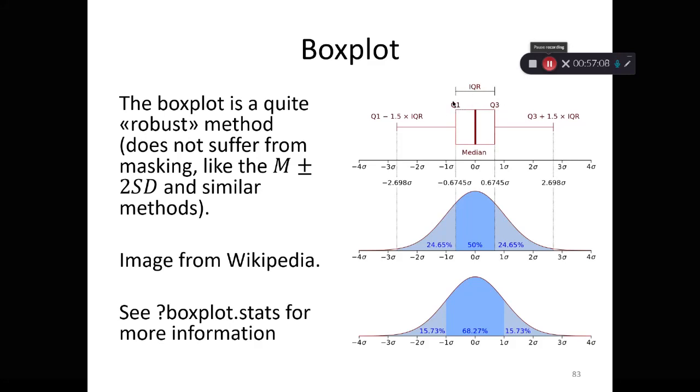The difference between this quartile and this quartile is the interquartile range, and the whiskers mark the first quartile minus 1.5 times the interquartile range, and the third quartile plus 1.5 times the interquartile range. So what's outside the whisker can be considered as extreme observation. Consider also that,